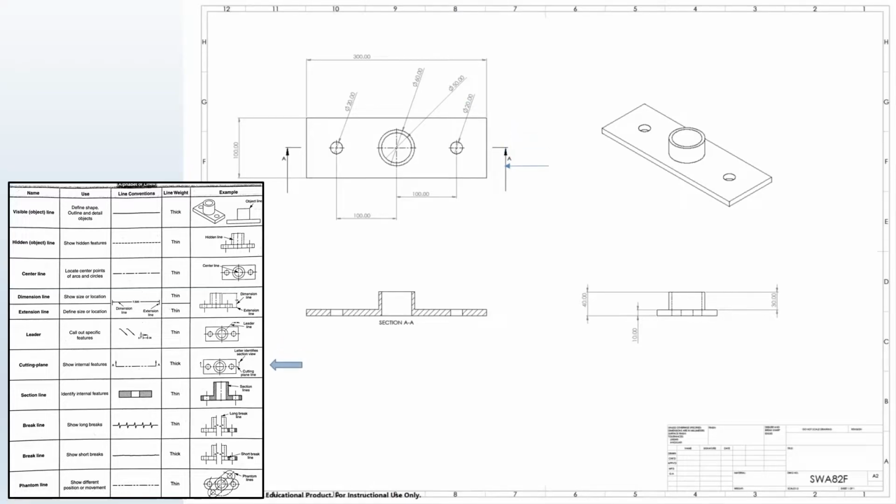So our next one is a little bit more complicated. This is showing a broad line across here, and it's showing two directional arrows at that broad line. And what that is saying is that we're going to be cutting this piece in half along this line. So if you think about if we were putting a plane in here that was perpendicular to this part, we're just sliding a piece of glass in that's infinitesimally skinny, just dropping it in, cutting the piece apart,